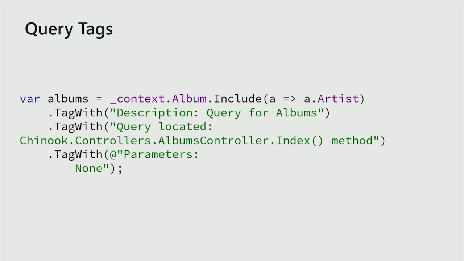So this is how I build my LINQ statements now. I always give the first tag width as a description of what I'm doing with this LINQ statement. The second one is a fully, if no one knows what this is, it's called the namespace. This is saying this is the project, and then it's a fully explained kind of breadcrumb trail. So it's saying Chinook in the controllers, in the album controller, and in the index, and this is MVC, in the index